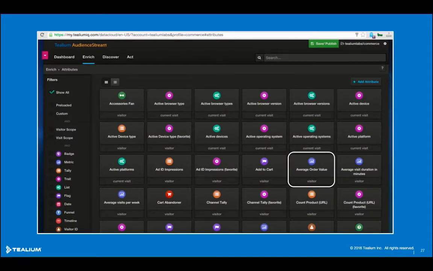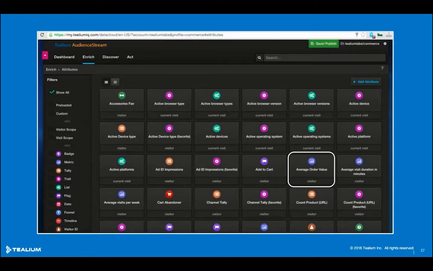But if I leave IQ now and move into Audience Stream, here you can see the Audience Stream interface, which is the first step to enriching that first-party data that I've just been referring to within the data layer, by capturing unique characteristics of your visitors, building a richer picture of them. This can be done by utilizing the attributes suggested by Tealium. It's a bit like Blue Peter this. Here's a few that we prepared earlier. But of course you can create your own visitor attributes that are more relevant to your business. So we can then take those attributes, group them together, and define simple rules to create audiences.